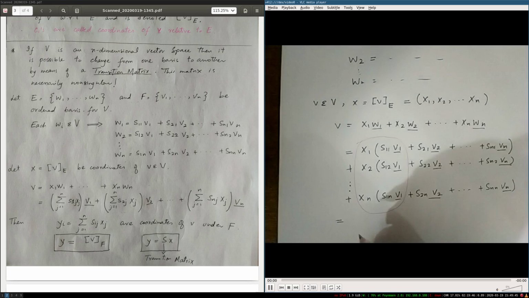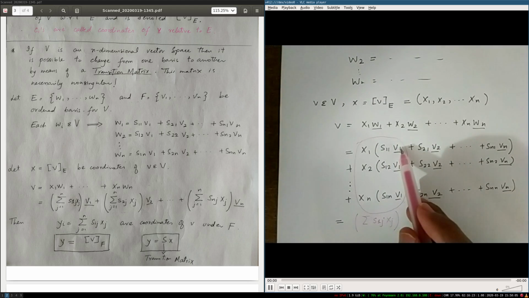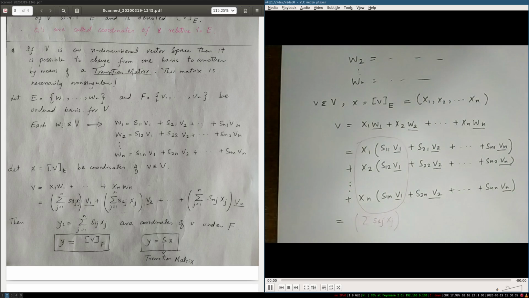I can write this entire thing as summation s, notice the index 1j, xj, because these were the x1, x2 up until xn, and all of them are being multiplied with the same vector v1. This is the scalar we need. It's a summation of j terms, j goes from 1 to n,